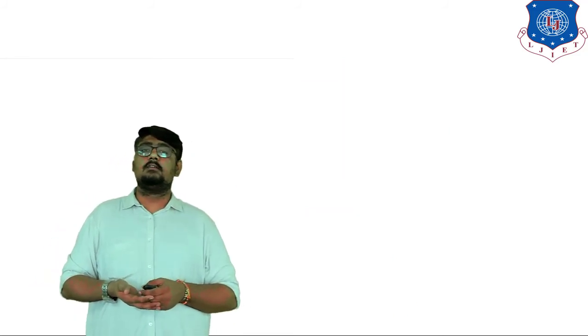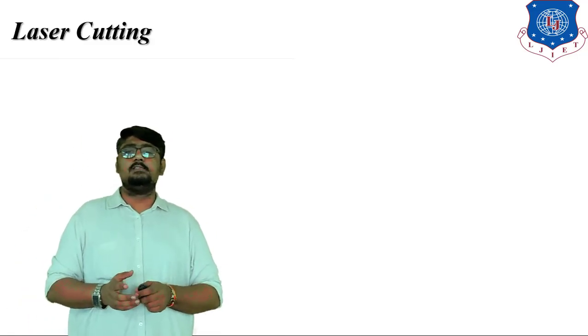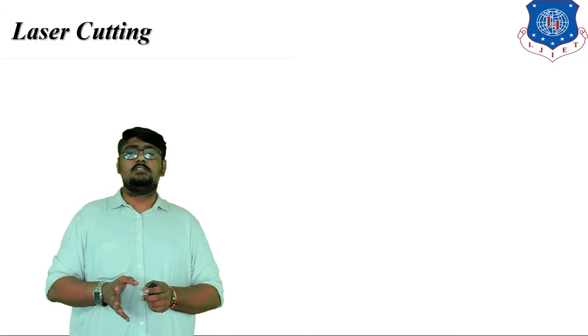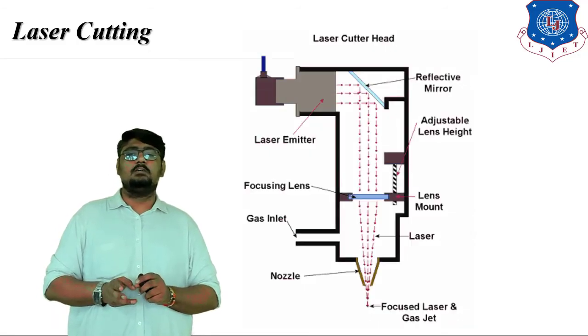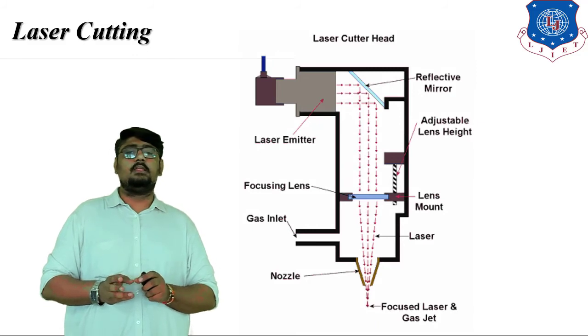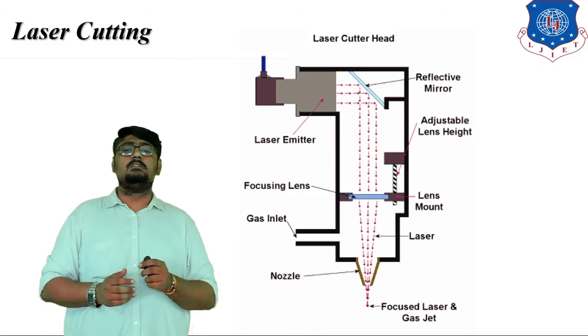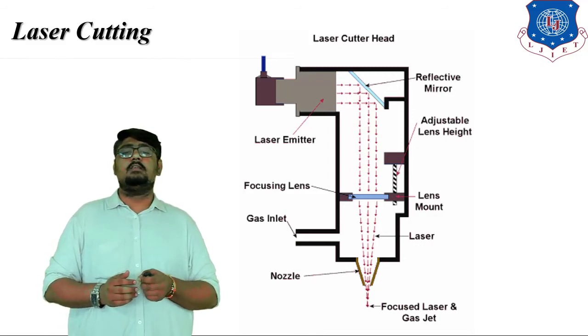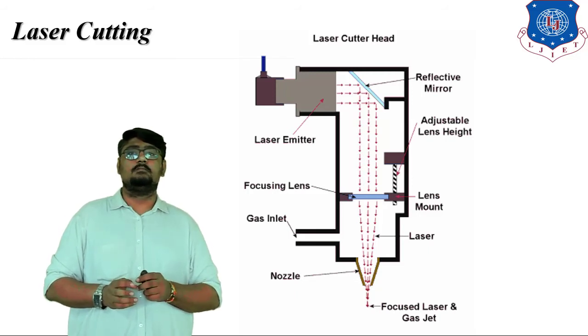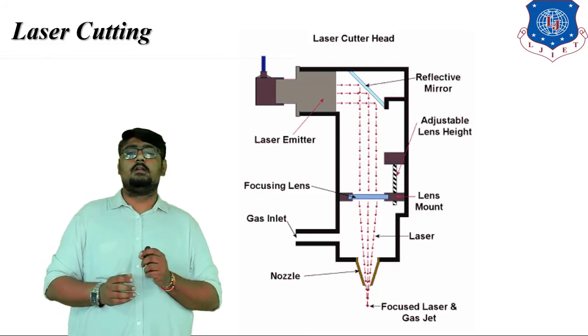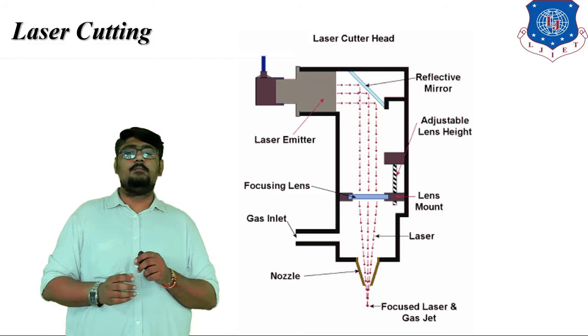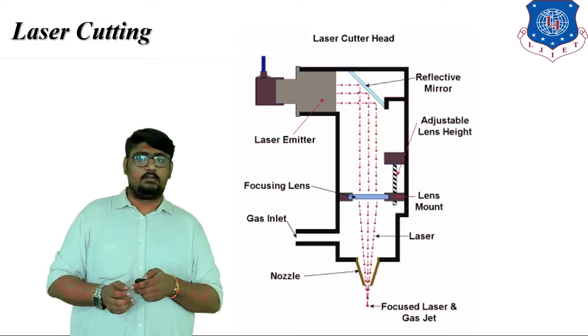Now next is laser cutting. When a high power laser beam is focused at the surface to be cut, it melts the material. The laser is delivered through a nozzle into which oxygen is passed. When the laser heats up the material, it interacts with the gas and the gas undergoes combustion. The combustion burns the metal and thus reduces the laser power requirement for the cutting. The oxygen jet can be used to blow away molten materials.